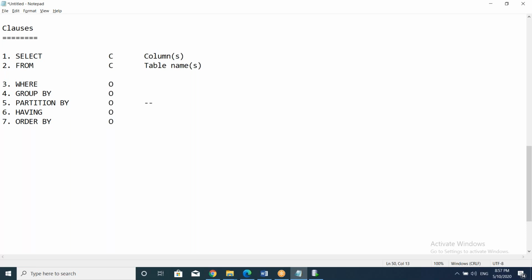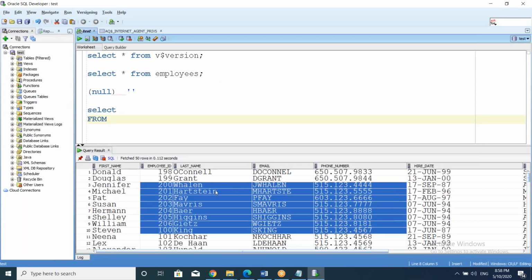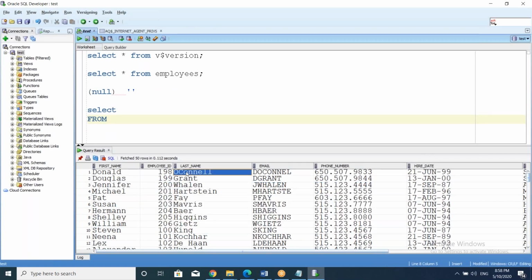In where, what do you have to write? Condition check, you can do some condition check. And what type of condition? Normal condition. So you are going to display the records or data which have the last name as O'Connell, or whose employee ID is 198, or whose phone number is this one.